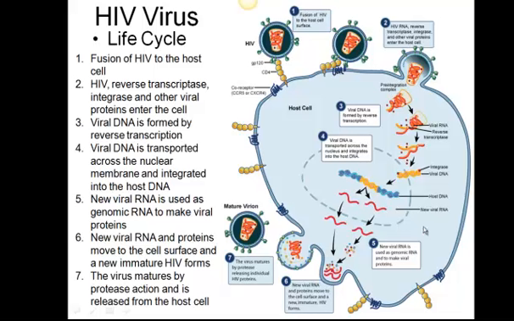So, when they die, it takes away the person's ability to fight off other infections such as pneumonia, things like cancer. Kaposi sarcoma is another common complication caused by the immune deficiency that occurs with a full-blown AIDS case. And so a lot of antiviral drugs have been targeted at these different features within the HIV pathway to help try to prevent the infection and the spread of the HIV virus, and to keep it, once it is infected, in a quiescent or latent stage, so that it's just integrated in the chromosome, but it never comes out and rears its ugly head.